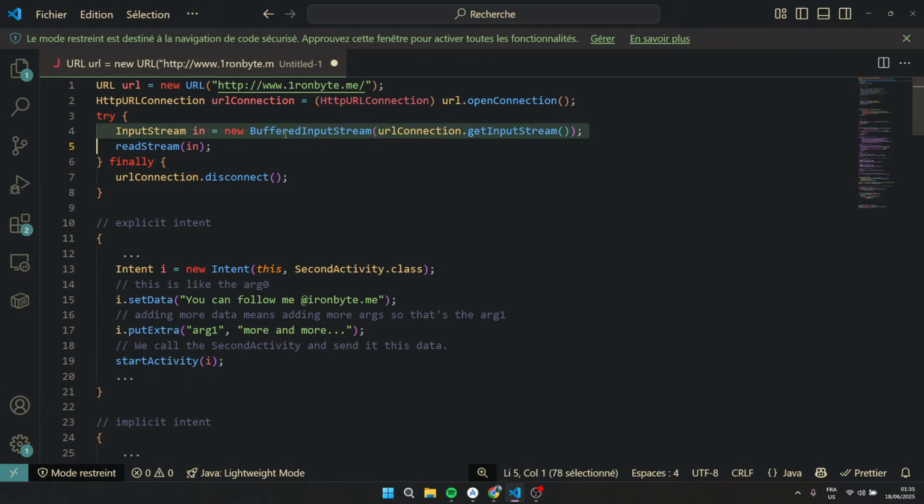So it creates a buffer and then it reads in the content of that page. Otherwise, it disconnects. If there is an exception, it just catches that exception, and the finally block handles the cleanup. So this is mainly pure Java.